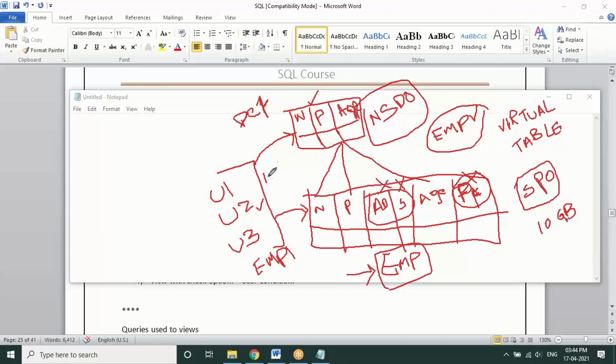The first purpose is hiding the data from anyone, to restrict some usage of a value. That is the first one. The second one is performance. How do we increase the performance of particular data or tables on a database? We create this kind of view. What is this?